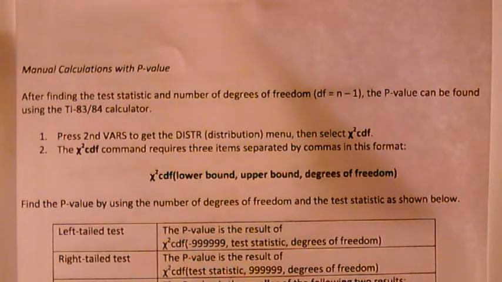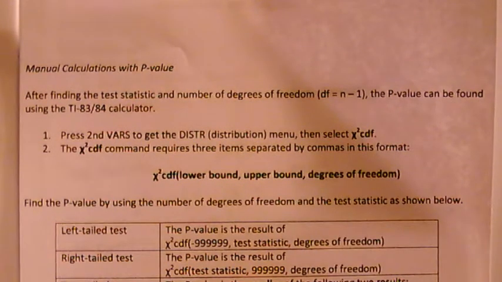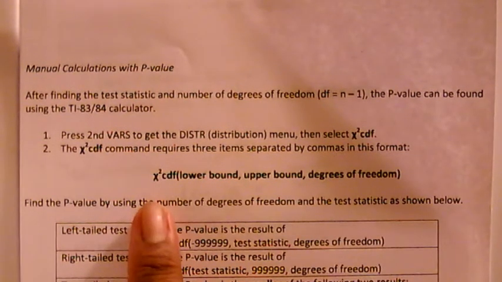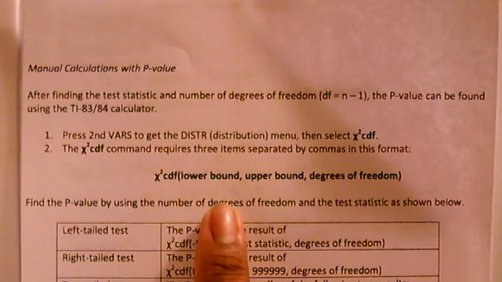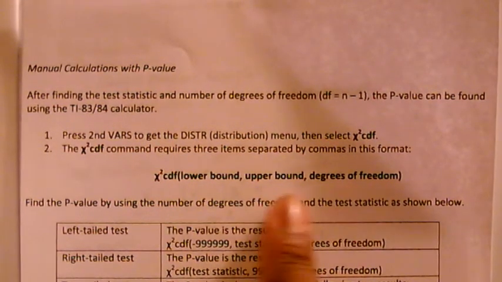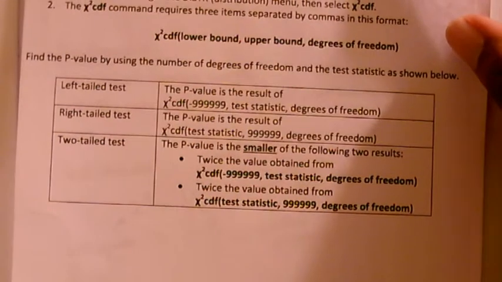And then that chi-square CDF command will require that you enter 3 separate items, and they're going to be separated by commas. Now, if you have the TI-84, then you'll enter each one of them individually after pressing enter. Okay, so for the chi-square CDF, you'll first enter the lower bound, and then your upper bound, and then your degrees of freedom. Now, in this table right here,